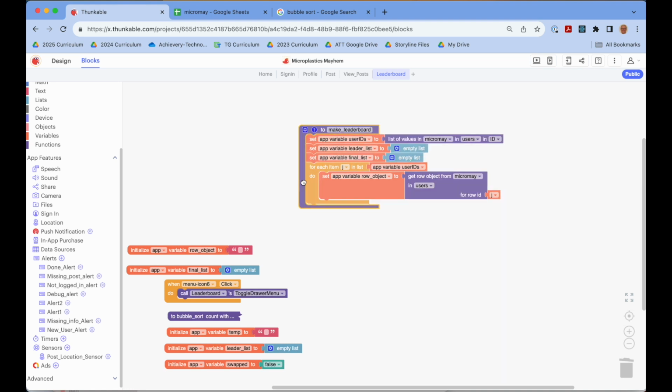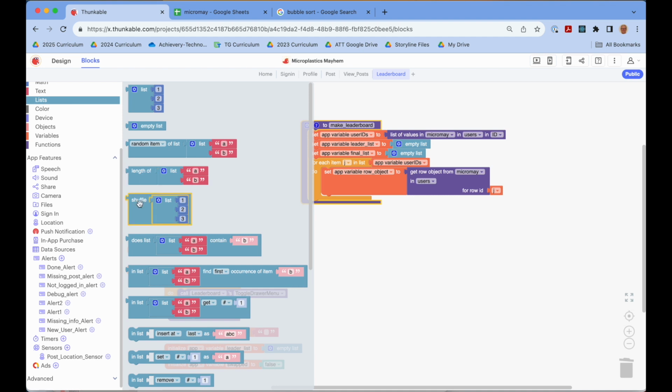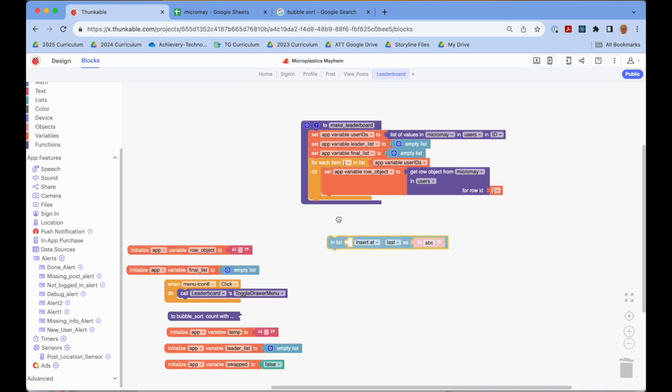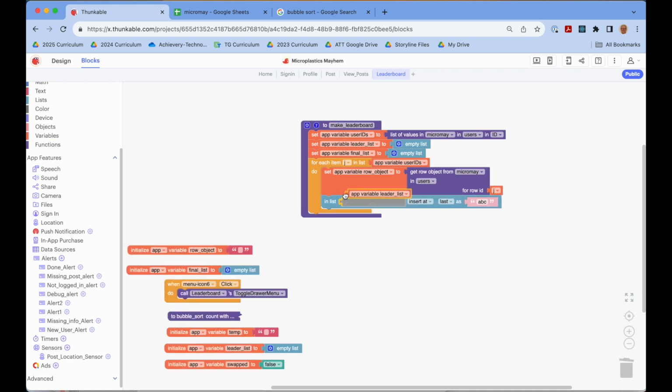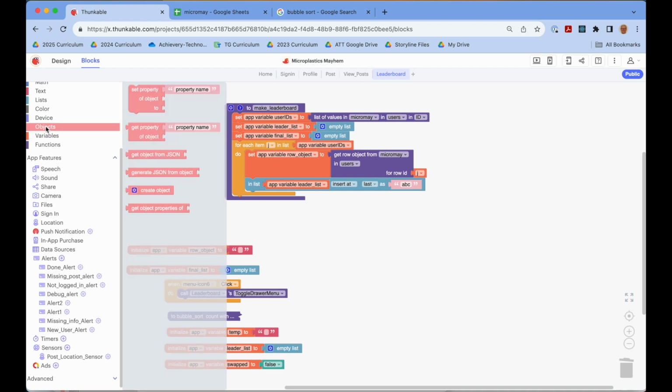So now I've got this thing called a row object. I want to put that into my leader list. So we've emptied out the list, and we're just going to rebuild it with just the user name and the points. So I'm going to go to list, and I'm going to say, let's say we want to insert. So in list, and the list that I'm going to insert it in is leader list. Insert at the last. So this just means insert at the end of the list. I want to create an object. Go to objects, create object,